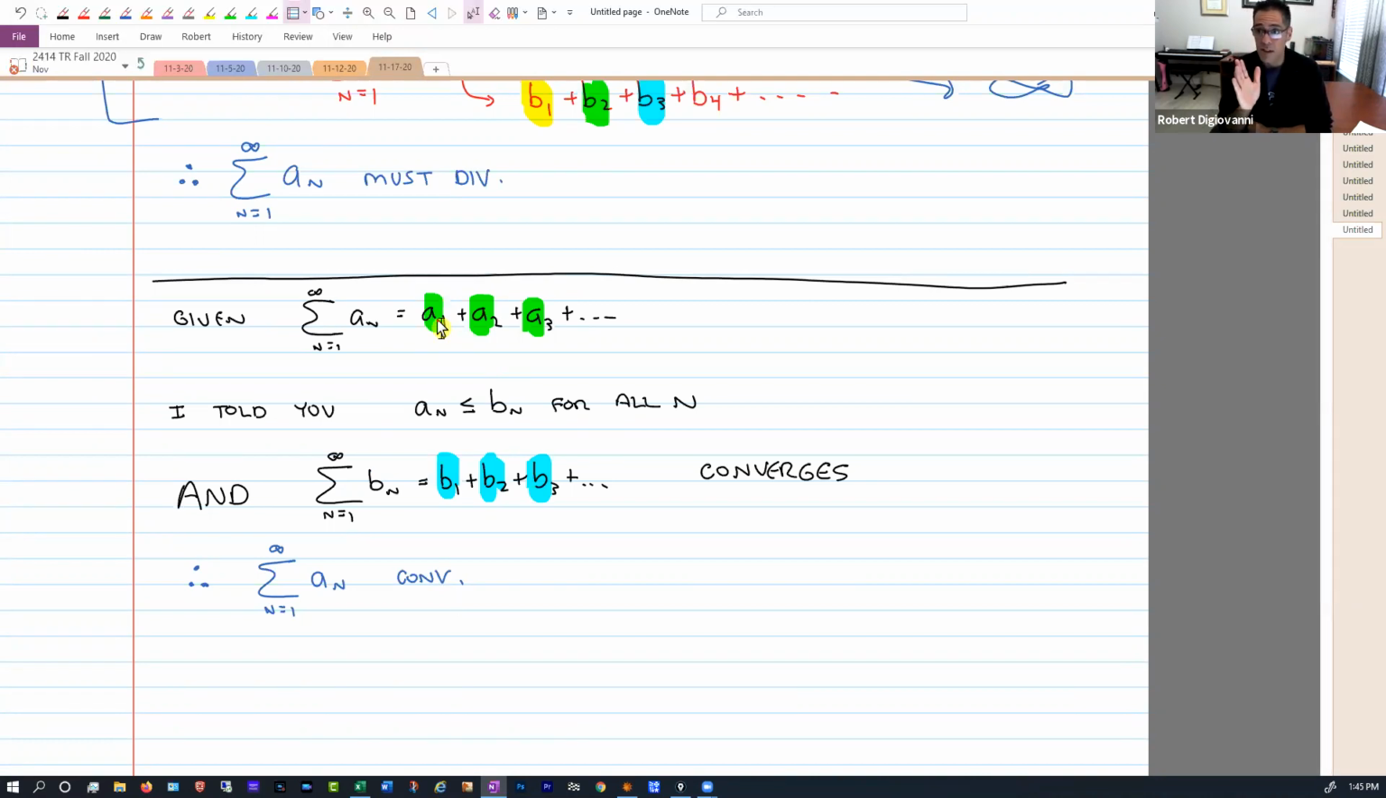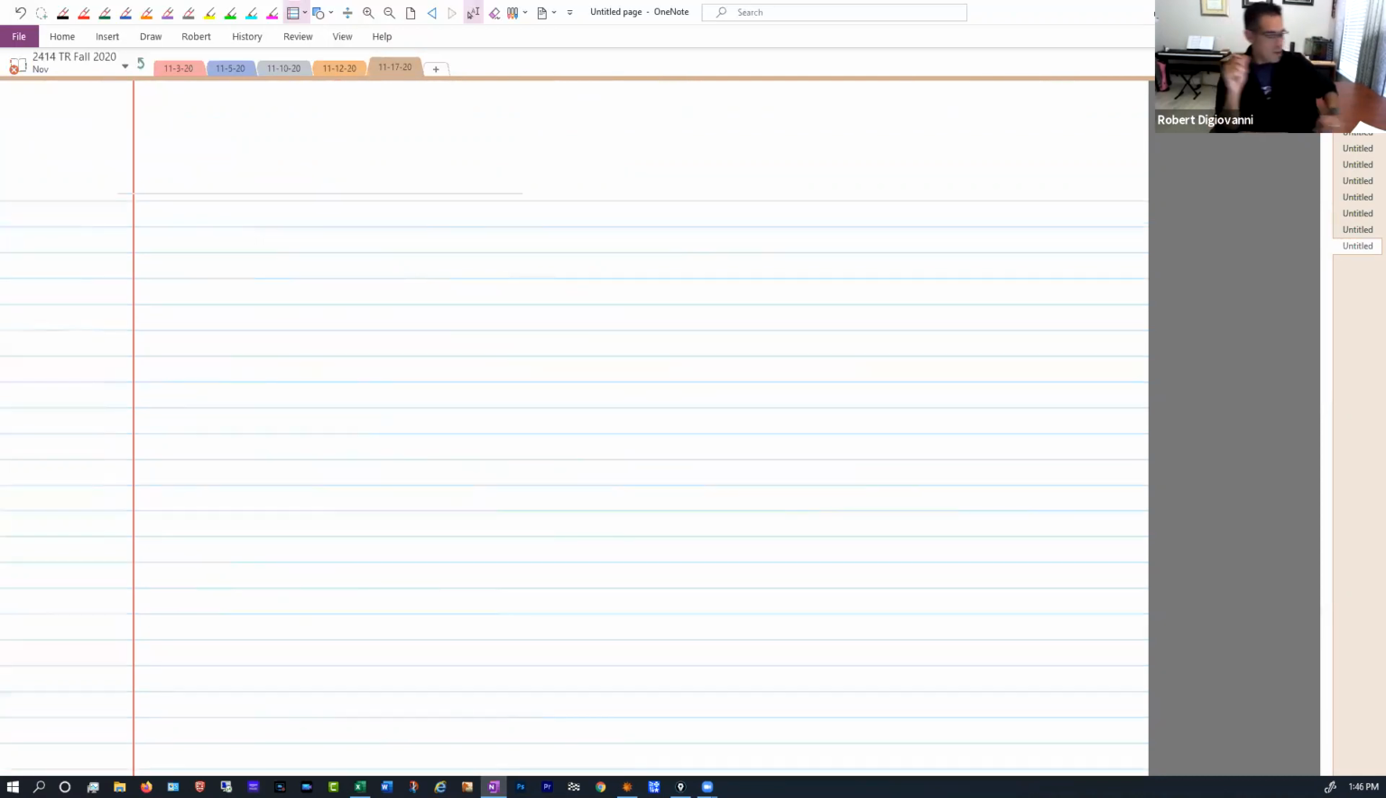Now you have to see this in action, because this is somewhat challenging to put together. All right, so let's do this one. Let's try and figure out whether or not this converges or diverges. Sum n equals 1 to infinity, 1 over 3 to the n